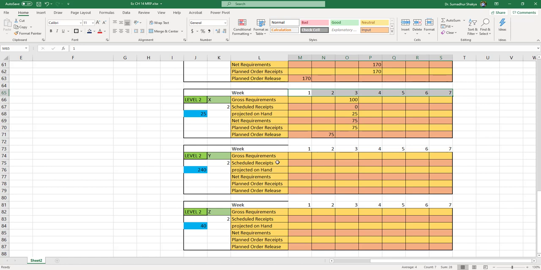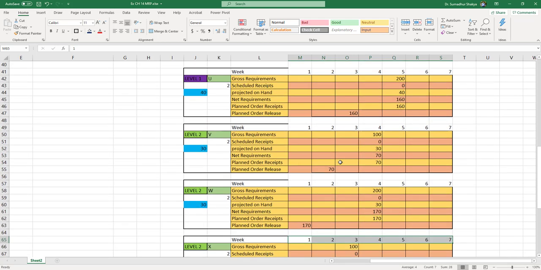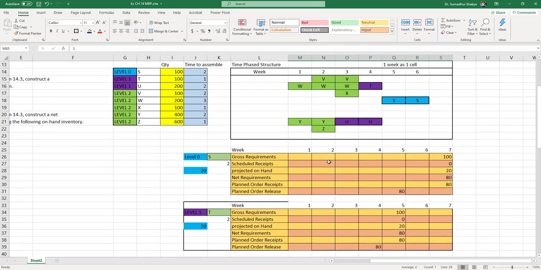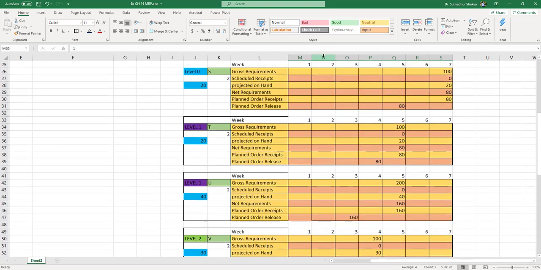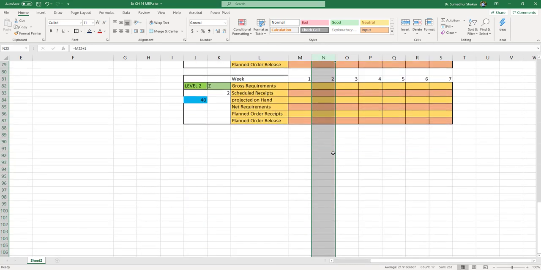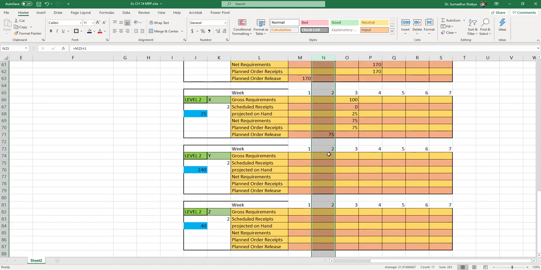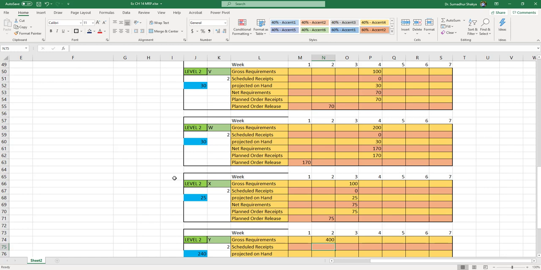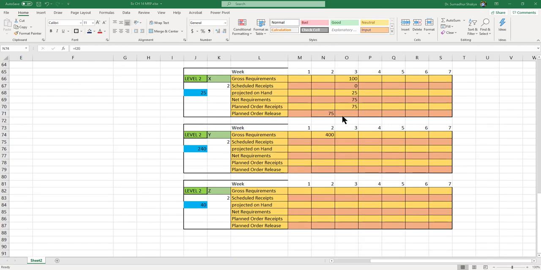So let's talk about why. So Y will start in this column. Okay, so gross requirement planning for Y, we need 400. I have 0 information for scheduled receipts, but projected on hand at 240. Therefore my net